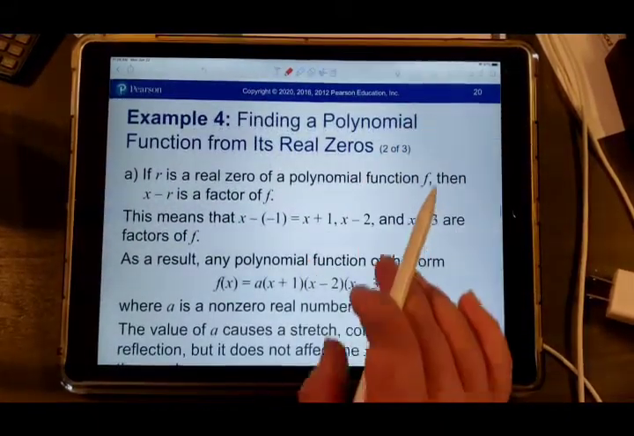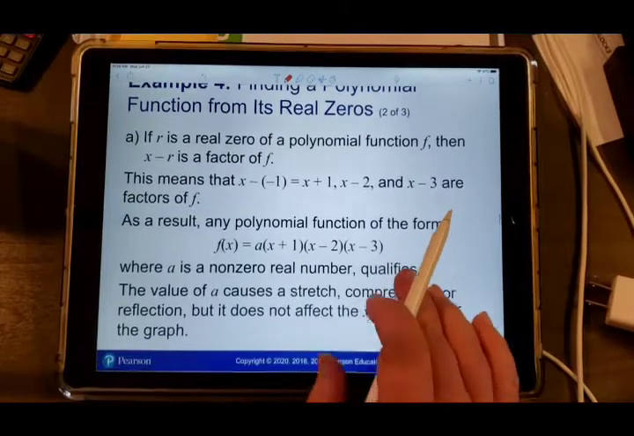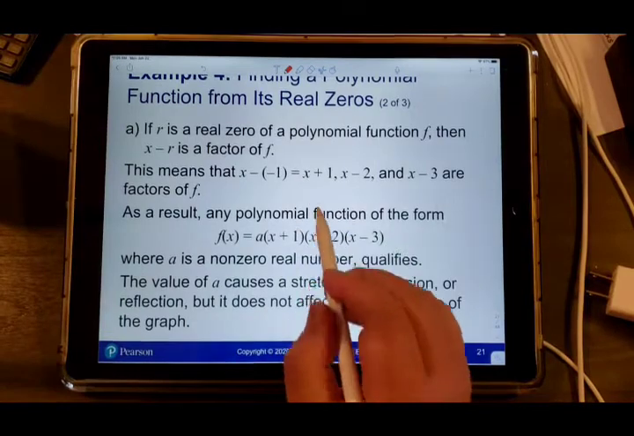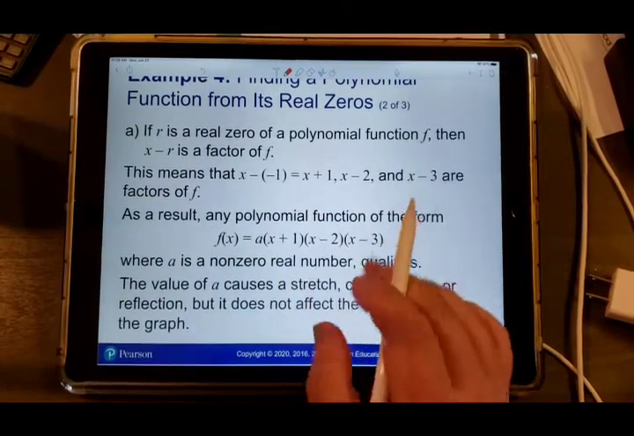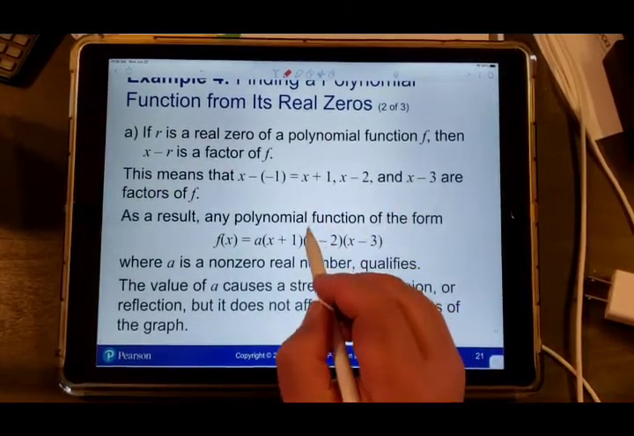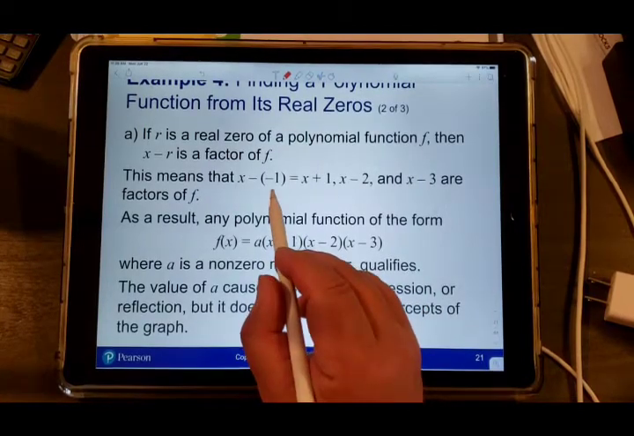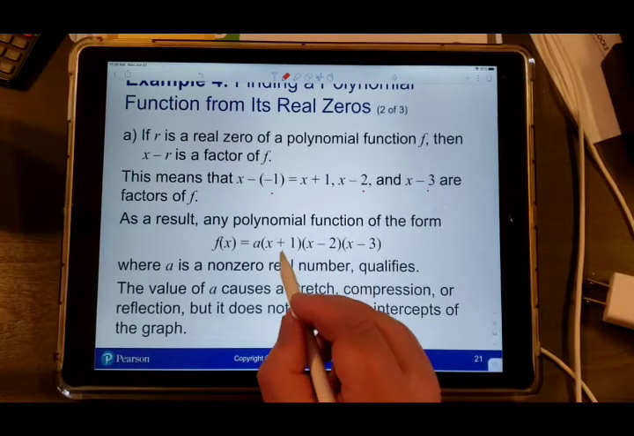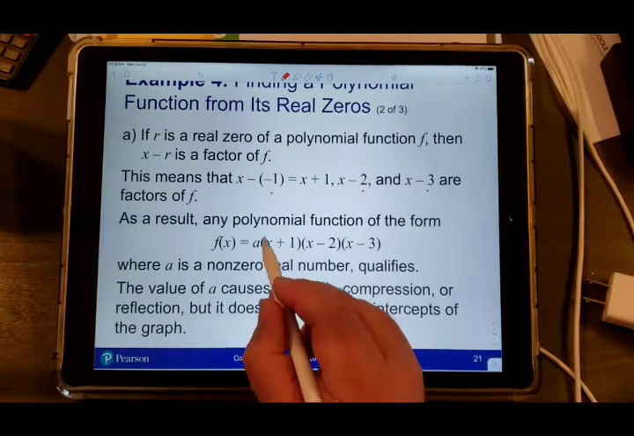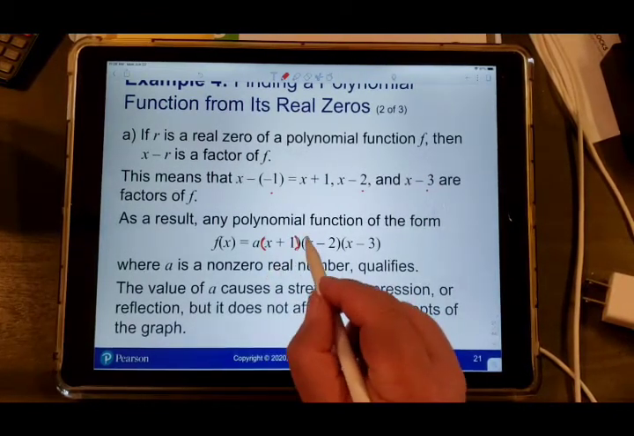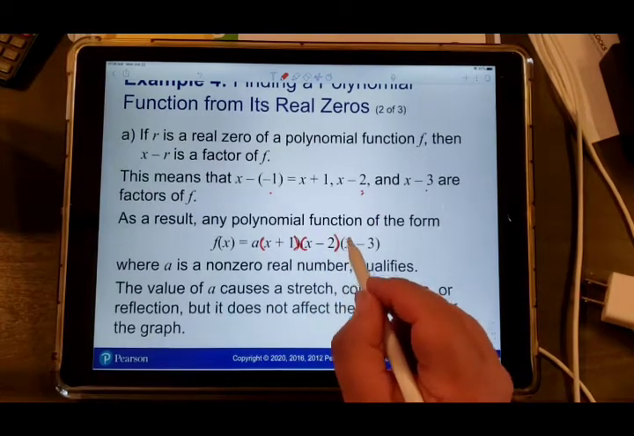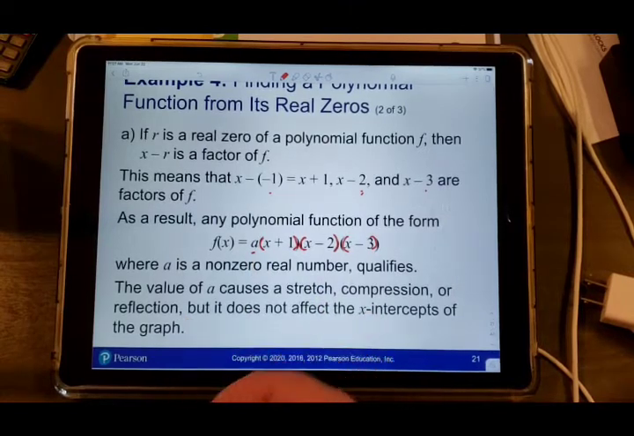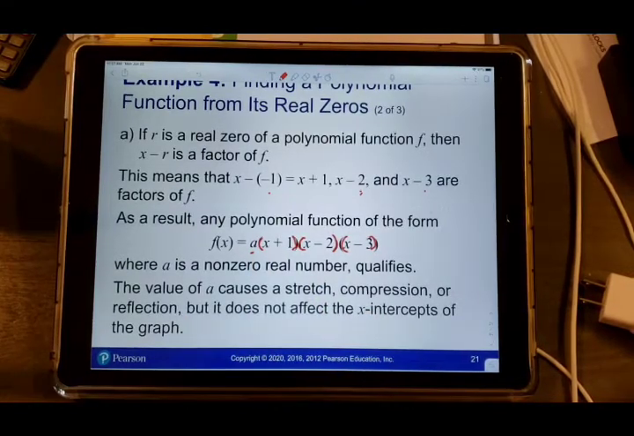Well, we're going to use the factor theorem, and we're just going to take x minus each of those numbers. So if you remember the numbers, they were -1, +2, and +3. So x minus -1 is this factor, x plus 1, x minus 2, and x minus 3. They put the a here as the lead coefficient because